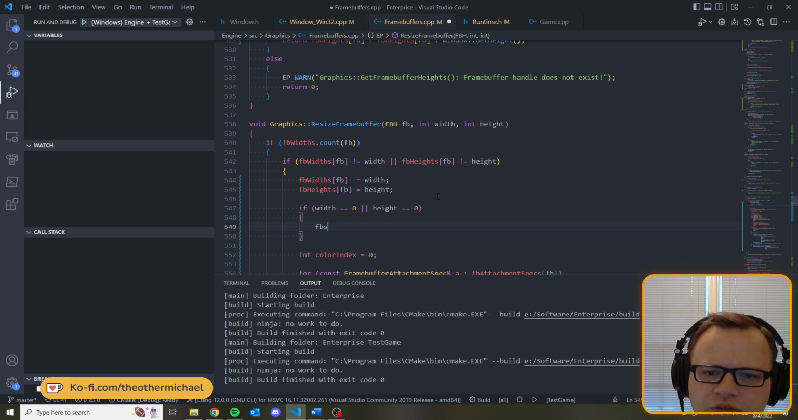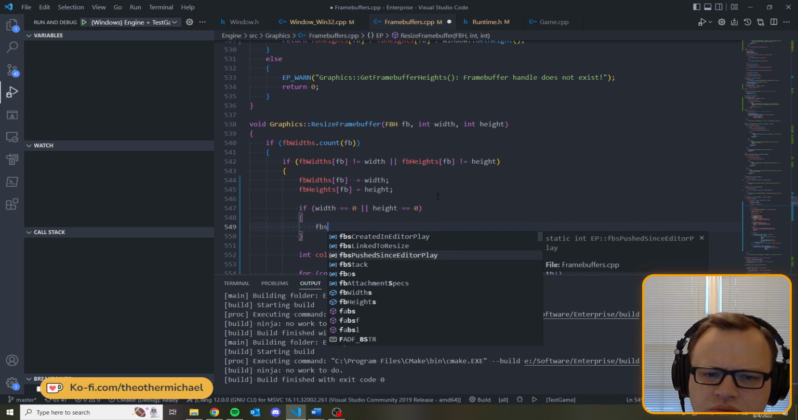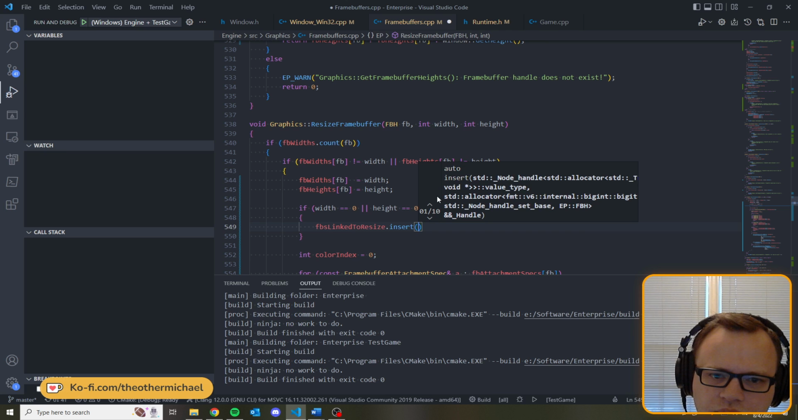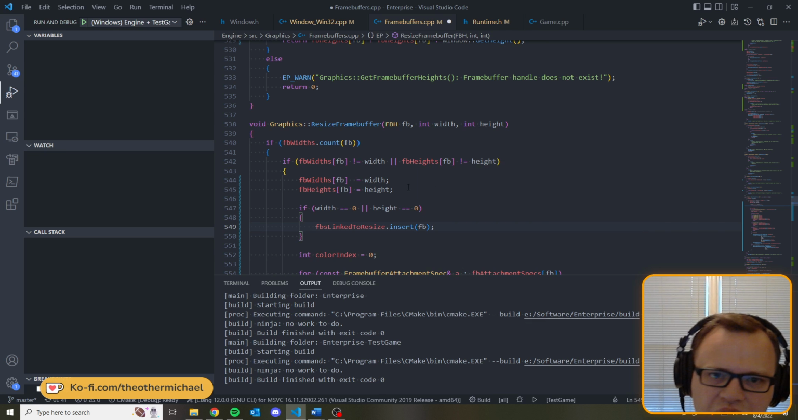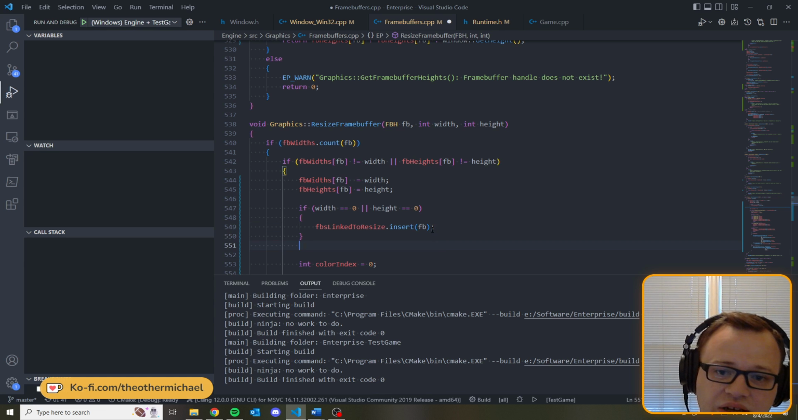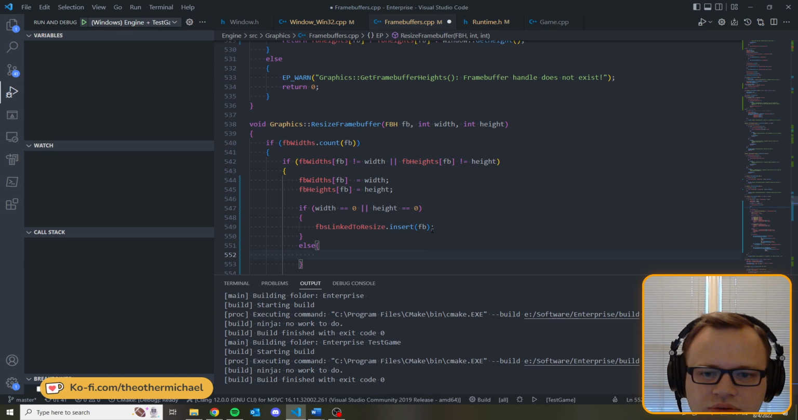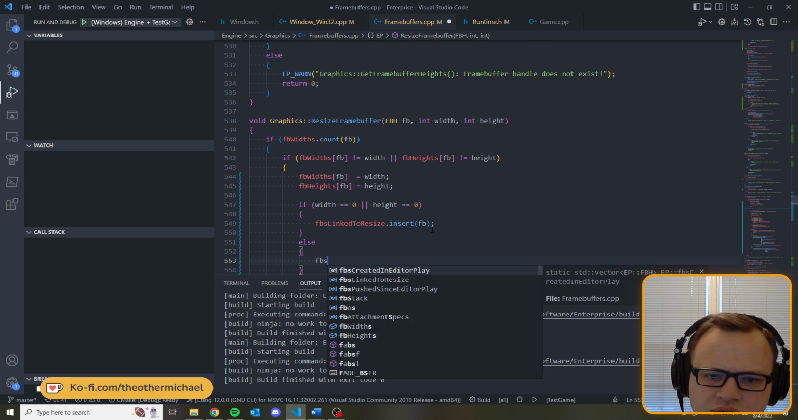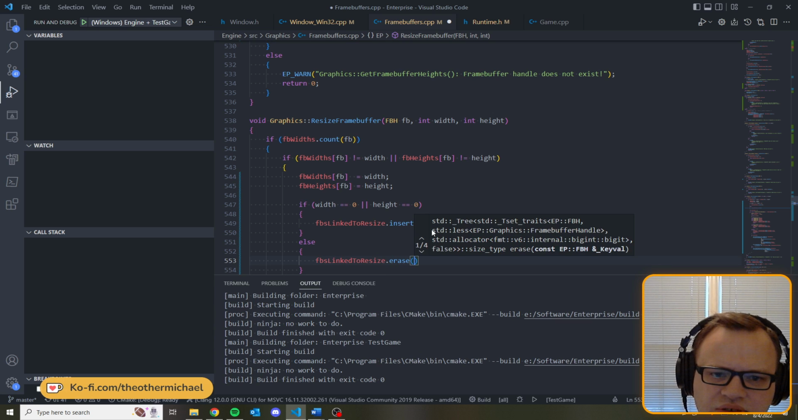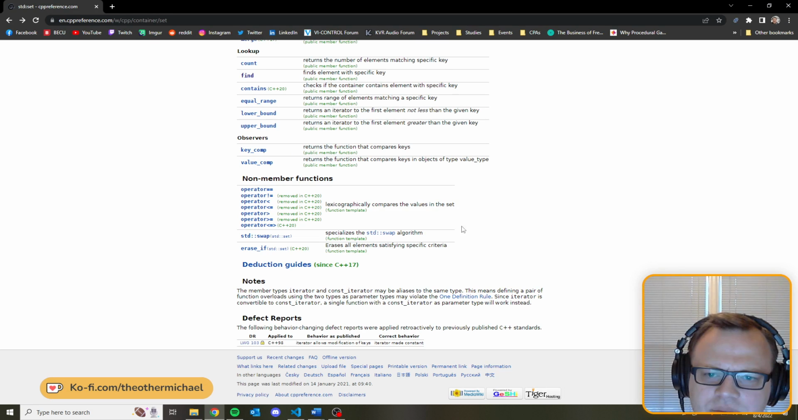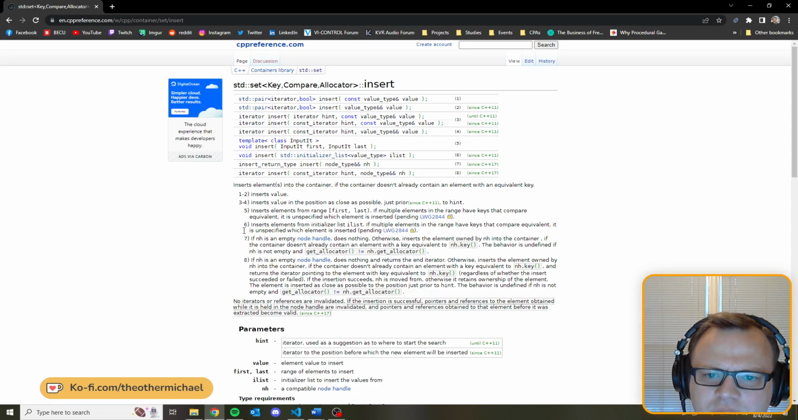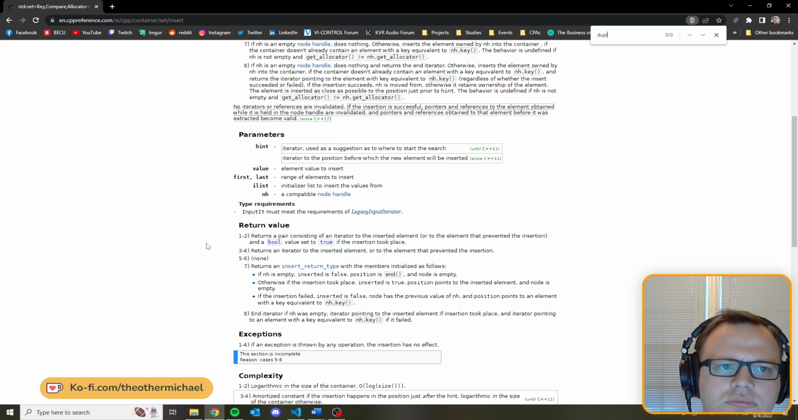We will do FBs linked to resize dot insert FB, which is the parameter that we're passing in for the framebuffer we want to resize. And then I'll say else, FBs linked to resize dot erase FB. And I believe if you tried to do a duplicate insertion, there's no problem. Yeah, it